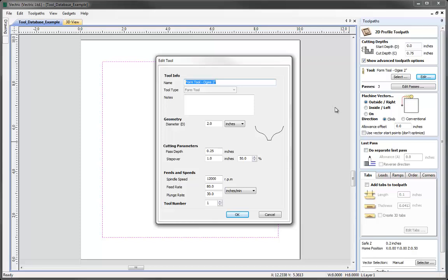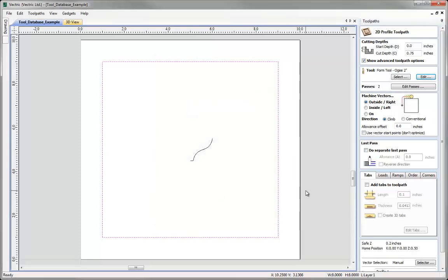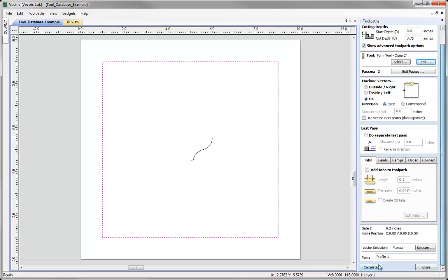So next time you choose from the tool database, the tool will be as it was originally when entered. So here I could make additional edits if I wanted. Perhaps I could afford to use a larger pass depth in the material I'm cutting, and go ahead and hit OK. In this case I'm going to machine on the vector that we've got here and take the default settings